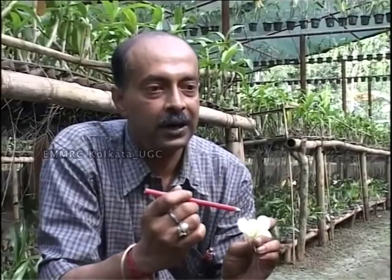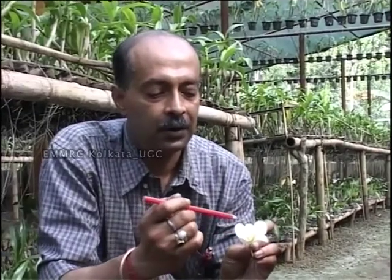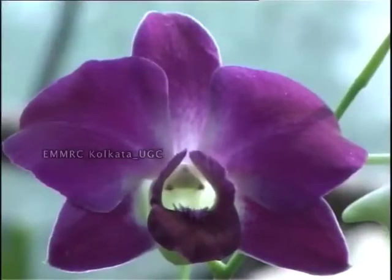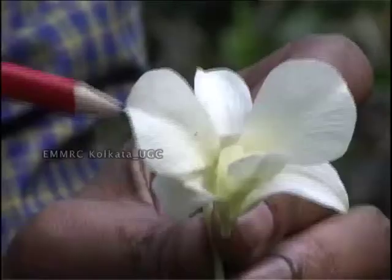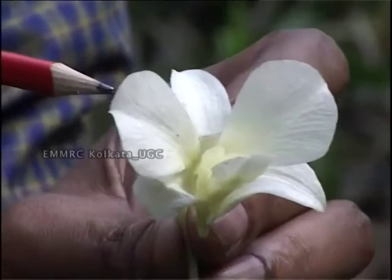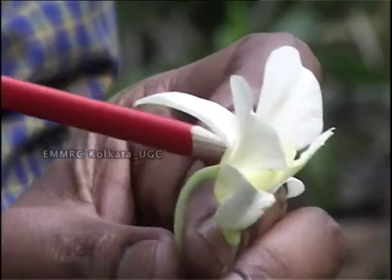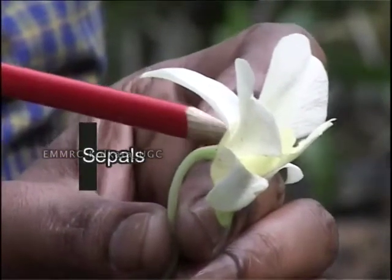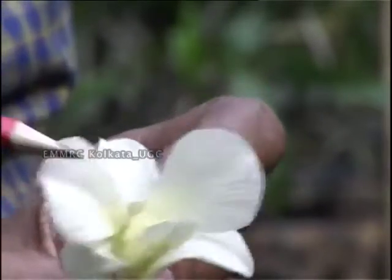Now let us look at the orchid flower. Why is it so beautiful? Because the orchid flower has a very complex structure. The calyx and the corolla, that means the sepal and the petal here, are of the same color. The outer part of the flower, these three, signify the calyx or the sepals, and the inner whorl, that is these two and this one,